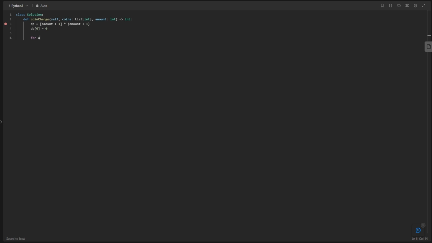So for a in range, we'll start from 1 and go to amount plus 1. This is going to be exclusive, so it's going to go to amount. Then we want to basically loop over the coins. So for c in coins, we want to check if we can take that coin as a potential value. This means that subtracting the coin value from the amount will not be negative. So if a minus c is non-negative, then we can use it as a